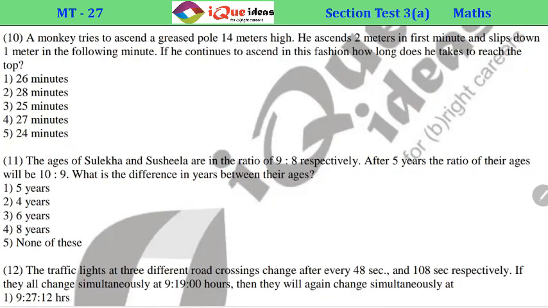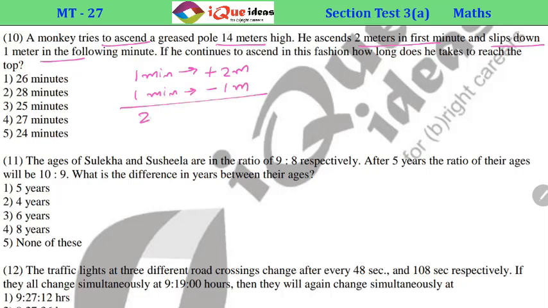Now the next question says a monkey tries to ascend a greased pole 14 meters high. He ascends 2 meters in the first minute and slips down 1 meter in the following minute. Right, so in 1 minute it is going up, that is plus 2 meters, and in the next 1 minute it is coming down, minus 1 meter, right? So effectively in 2 minutes he is traveling 2 minus 1, that is 1 meter distance, that is plus 1,